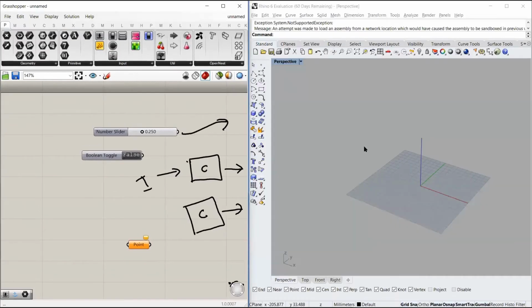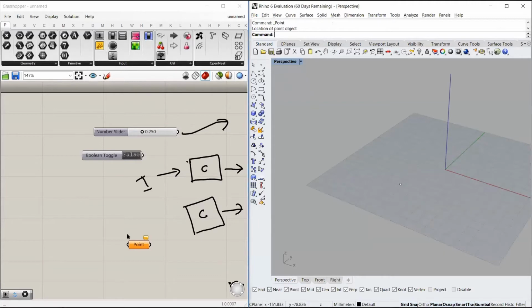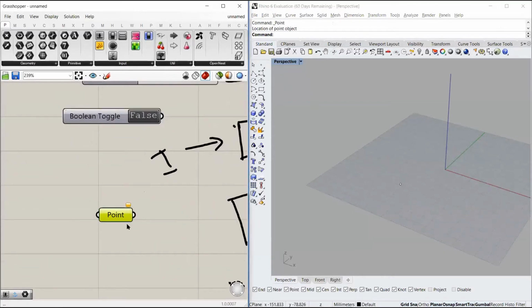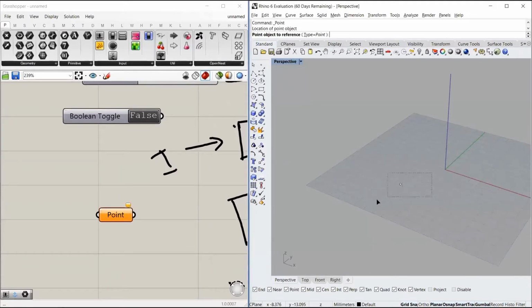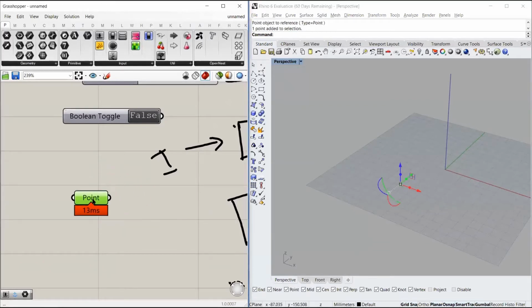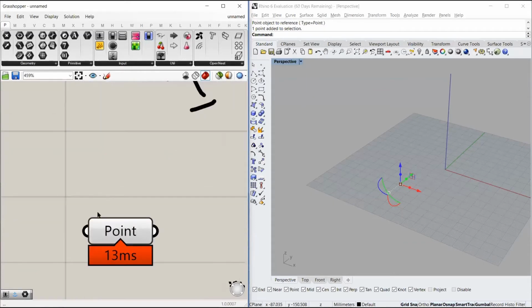So for example, if I make one point in this Rhino interface and I select this point container component, I right click it, there's an option to set one point. If I click this and then I go to the Rhino interface and I select this point, you see this point has now been referenced in the Grasshopper interface, and the color of this component has turned from orange to gray.